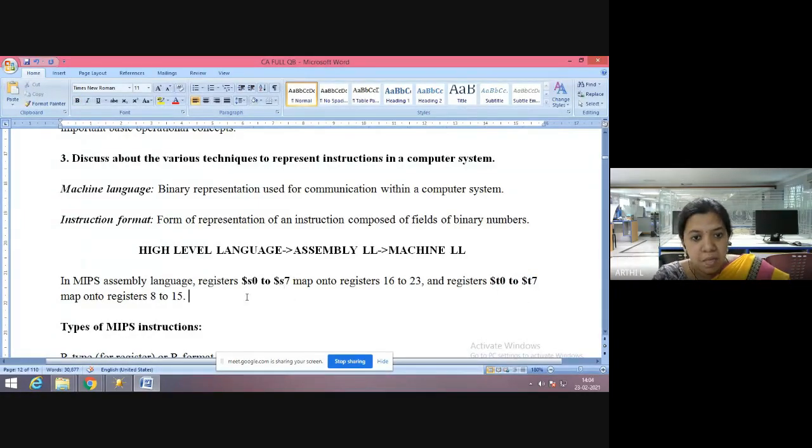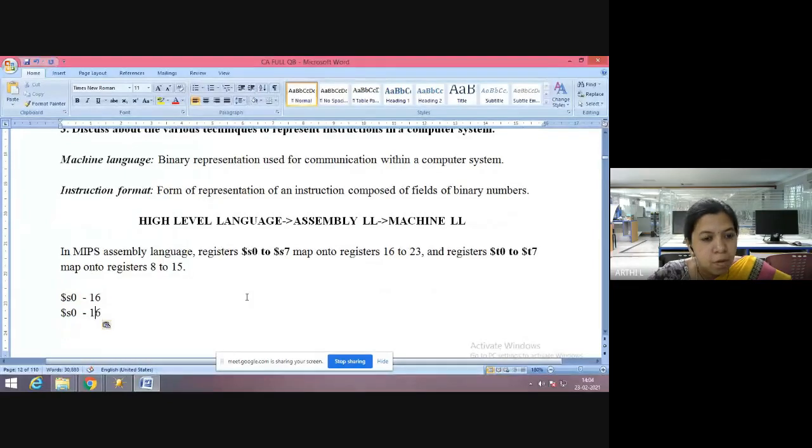It means that dollar S0 means register number 16. Again, dollar S1 means it is 17.